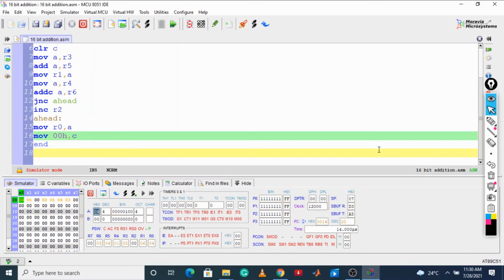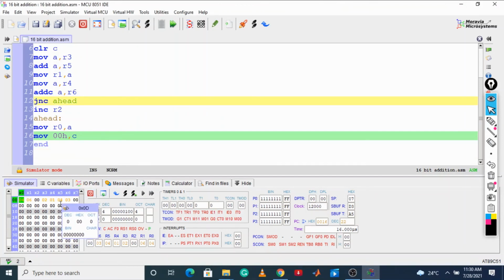Now what has happened after executing this? This 4 has come to R0, as well as to this place, because R0 also has the address 00. Now after doing this, we are ending. So what was the data that we wanted to add?